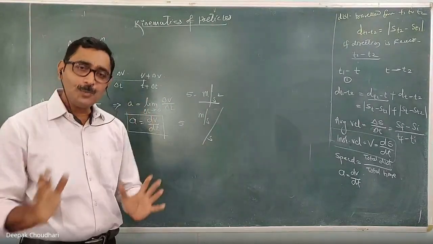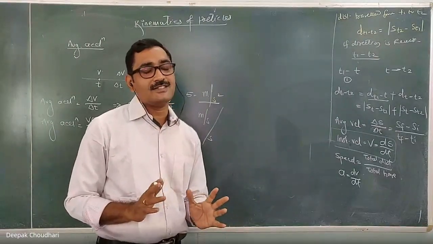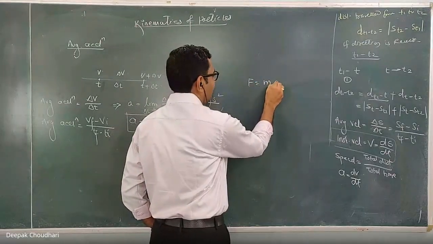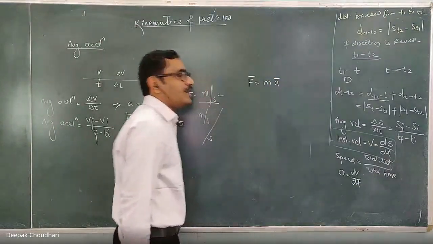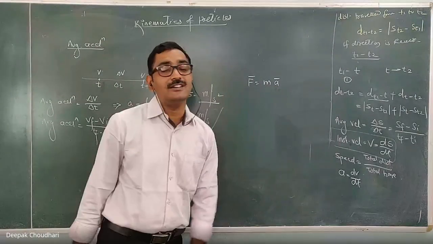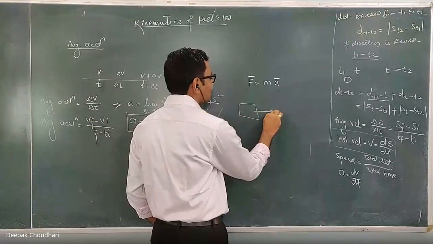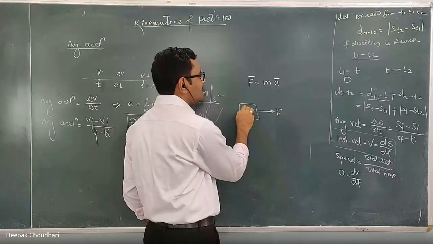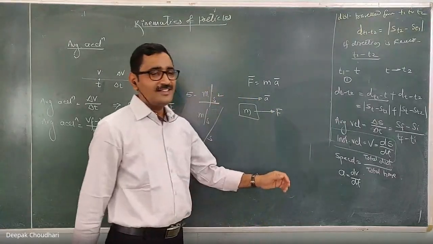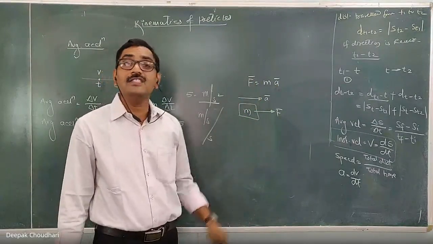To be more precise, by taking into consideration Newton's second law: the expression of Newton's second law is F equal to ma. In vector form it can be written as F bar equal to m into a bar. Therefore, this acceleration is a function of the unbalanced force acting on a particle. Whenever any unbalanced force acts on a particle, this unbalanced force is always responsible to produce certain acceleration, and the direction of this acceleration is always in the direction of the unbalanced force.